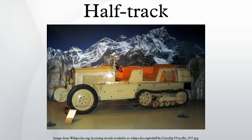A half-track is a civilian or military vehicle with regular wheels at the front for steering and continuous tracks at the back to propel the vehicle and carry most of the load. The purpose of this combination is to produce a vehicle with the cross-country capabilities of a tank and the handling